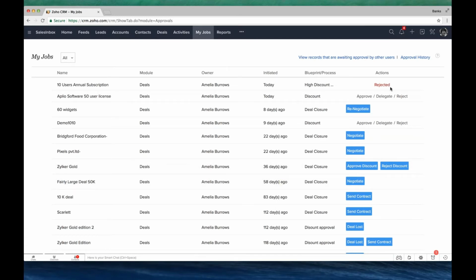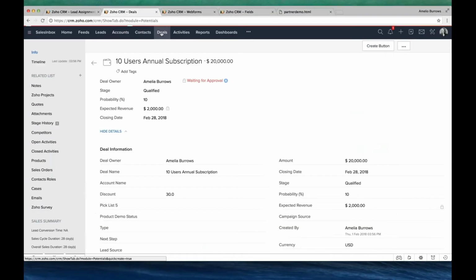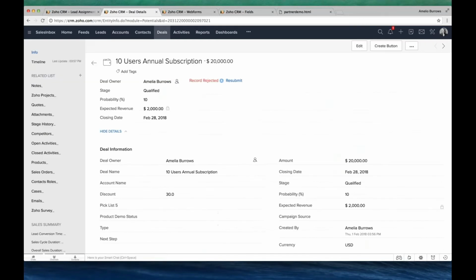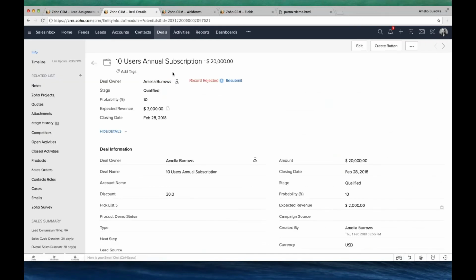So it gets rejected. Now you could see, as soon as she rejects, it'll come here and it would say record rejected. And if you want to resubmit it, you can do it based upon the changes that she might have told. So this is the approval process that we would like to present, and this is pretty successful.